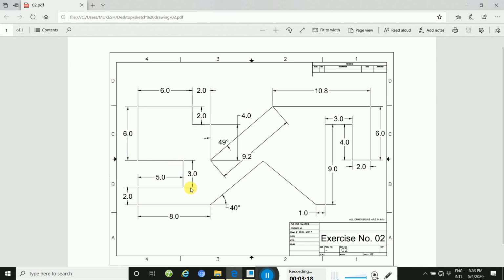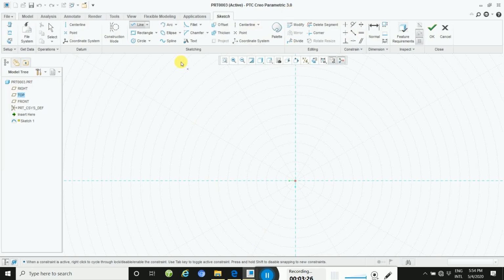This way you will draw it simply using the line command. Click on Line. Your command is activated, see here in the cursor. Then draw this way, and then click the mouse middle button 2 times.